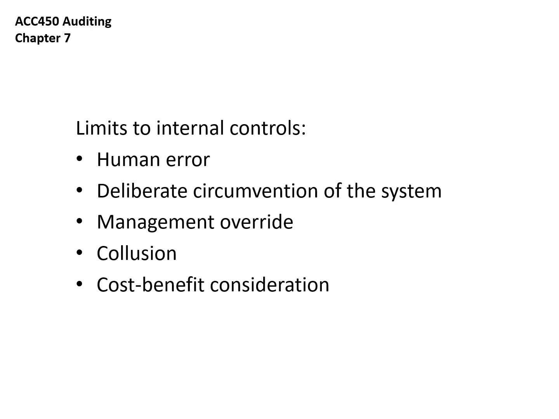Management override. One way to find that is looking at the source of a particular transaction. Are senior levels of management involved with making adjusting journal entries to the financial system? That would be a red flag. Collusion is two or more employees working together to circumvent rules. That's very hard to detect. And then cost-benefit considerations. It doesn't make sense to have armed guards protecting the office supplies to keep them from being stolen, is an example of that.